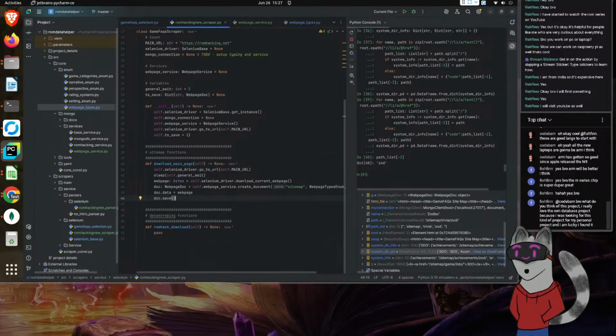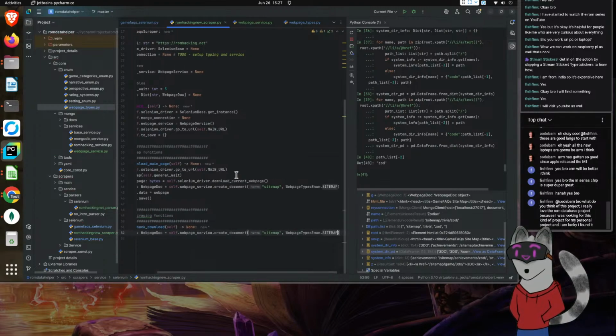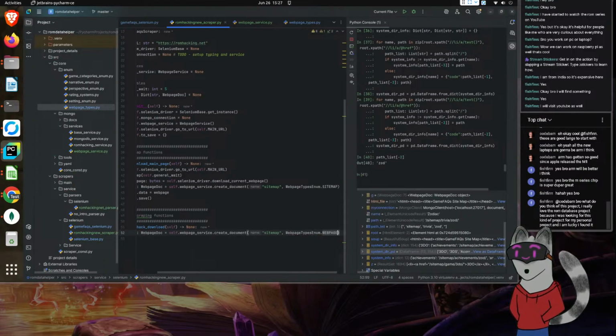Well, since this is the main page, we can just save it right straight out, but when we're down here, what we're going to do is we're going to have everything, once we do the same thing, this will most likely go into a loop, but once we do this, this will be a web page. This will be the name of the ROM hack.